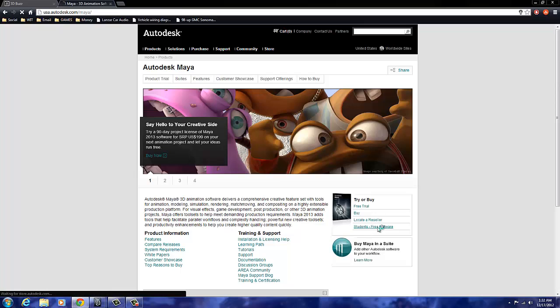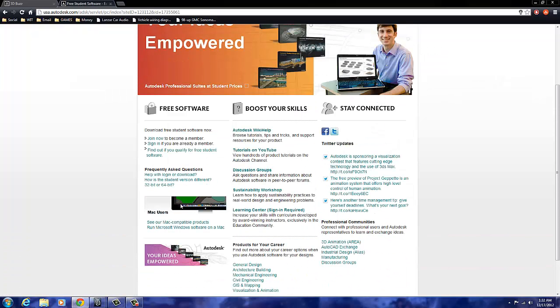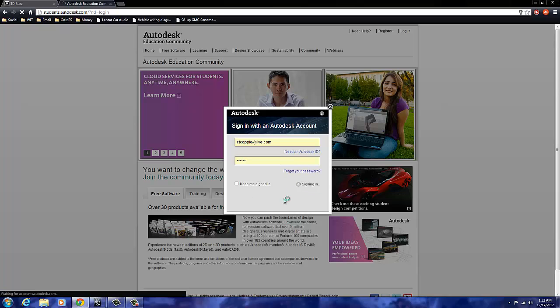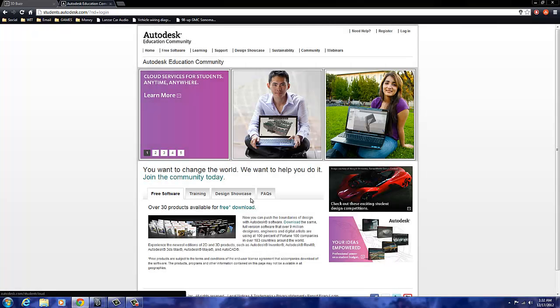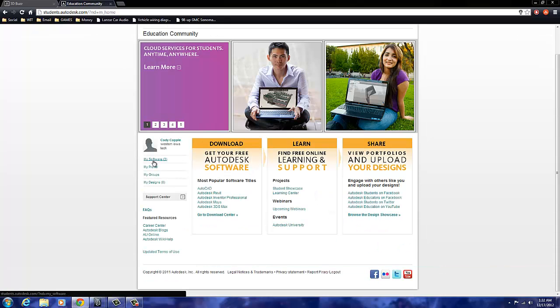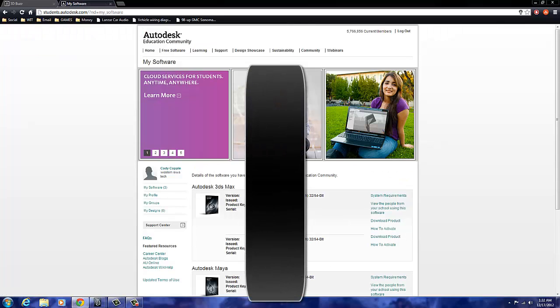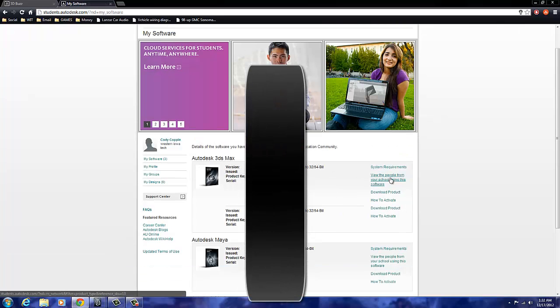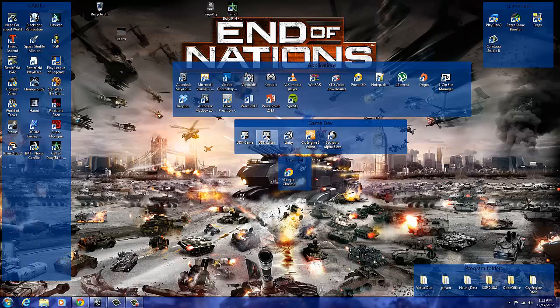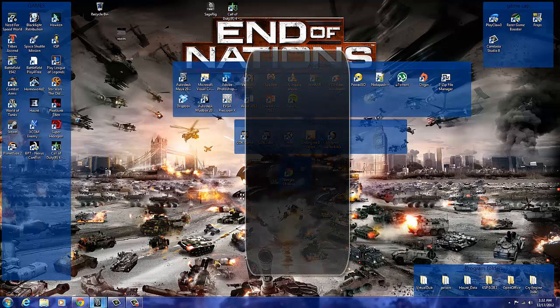You come down here and you go into student software, and I'll actually show you. Log into mine. It probably won't do it automatically. Yes, it will. Awesome. And once it logs in right here, I'm going to my software, and as you can see, I have 3ds Max that I have not downloaded again. It's on my new computer. This is my new computer, but I have Maya and Mudbox, and I have those two right here. Maya and Mudbox, and